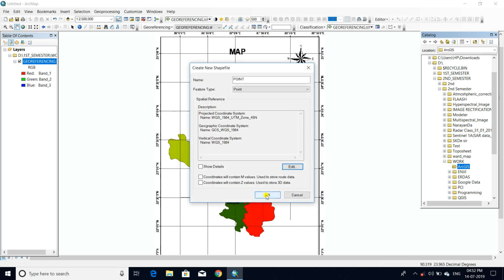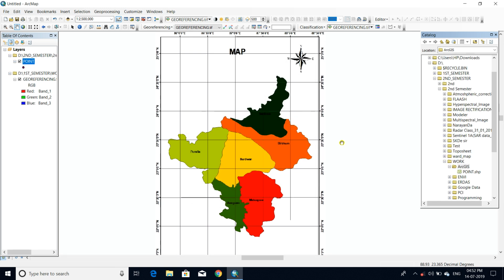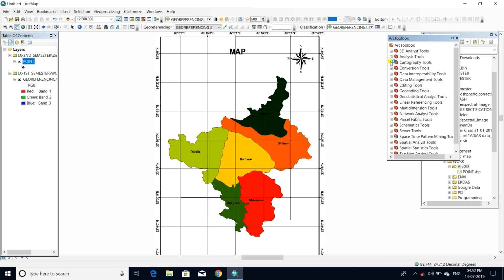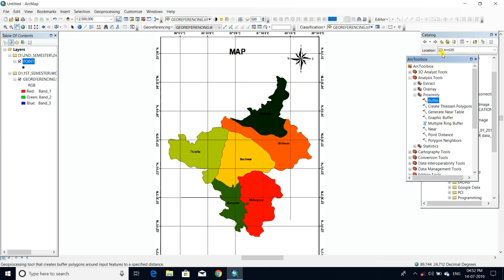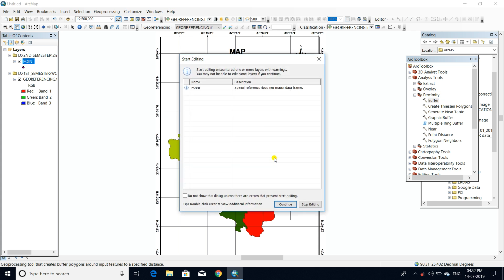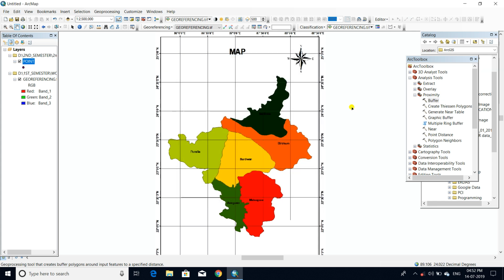Okay, then go to ArcToolbox. First select Analysis Tools, Proximity, and from there Buffer. So I can start editing and make the point features in the map. Create first,